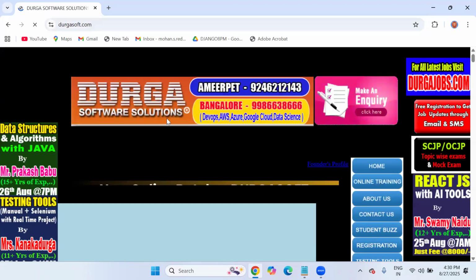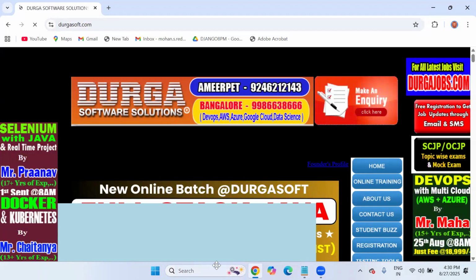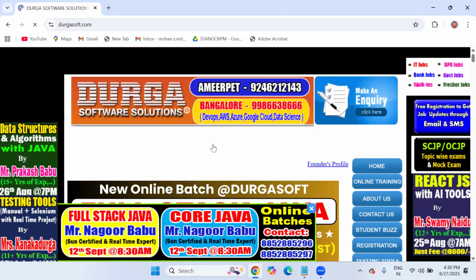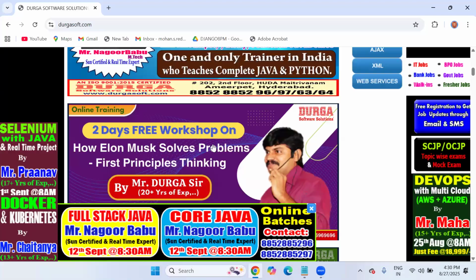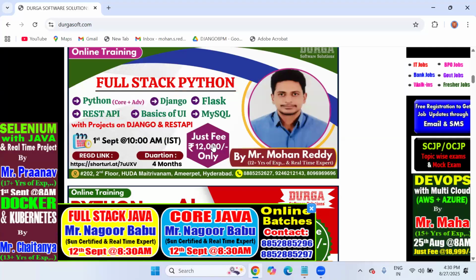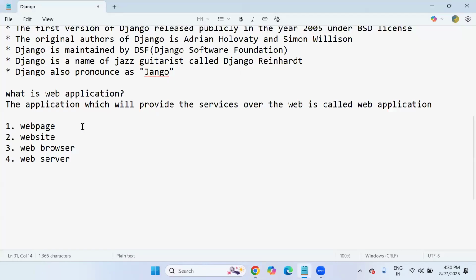When students are looking at this DurgaSoft web page, this information is related to students, right? Yes, information related or information towards the end user is nothing but a web page. So this is the web page definition.